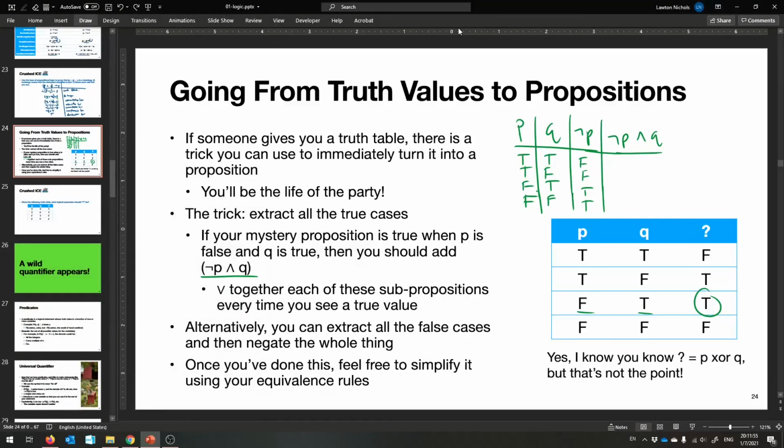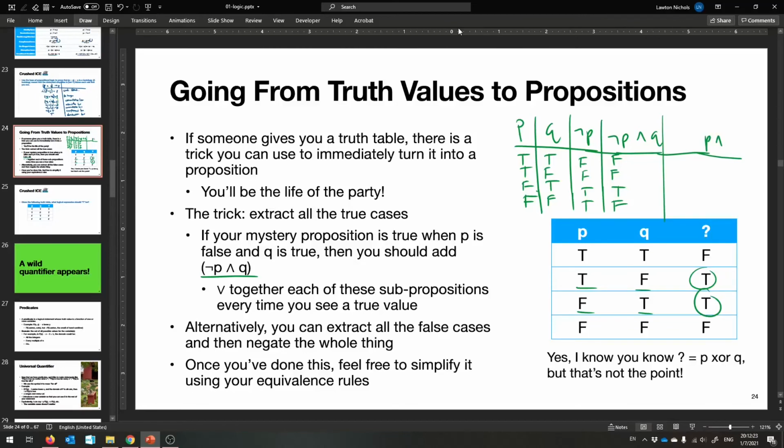And what do you know? The only case where they're both true is that one case I'm trying to extract. Ooh, that's slick. That's beautiful. And likewise, if it's true when P is true and Q is false, what should I add? Take a second to pause the video to make sure you're understanding. I better add, that's right, Dora the Explorer, I should add